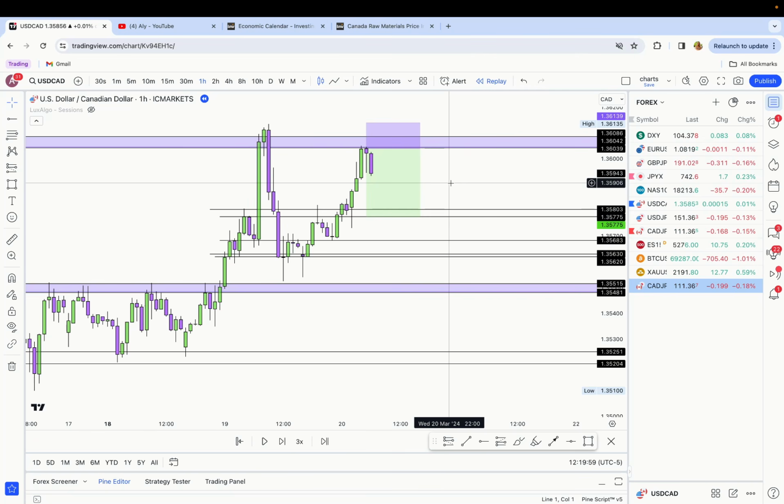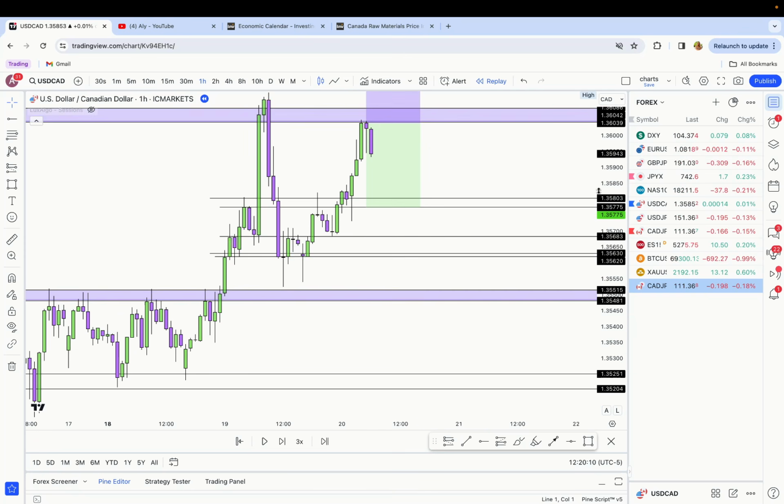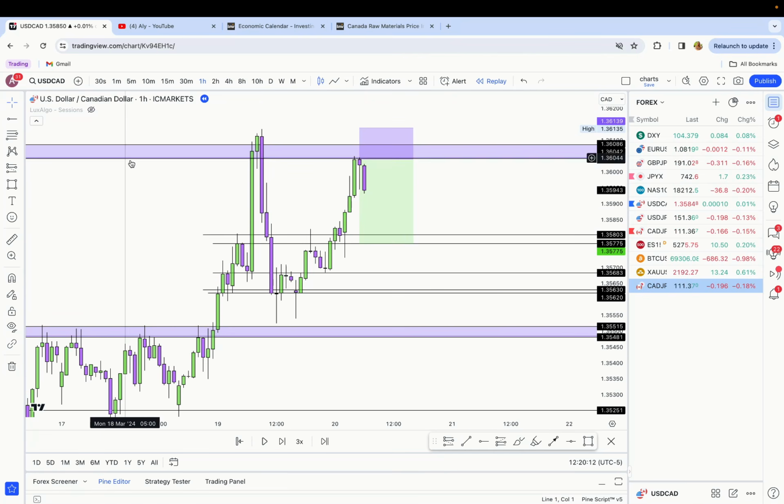Do you notice how we're not going off candles? We're going off price. We're focusing on price. That's the most important thing, which 90% of people do not. And so again, you want to go against what 90% of people are doing. So we tap in here